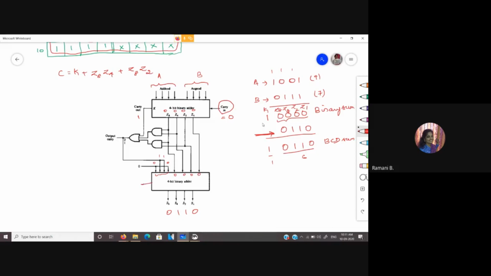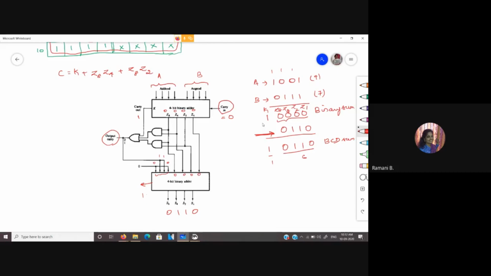So here the output carry, if you are taking it, that will also give you the same one, as that becomes a redundant one that is not shown explicitly in this. And if suppose this K value is equal to 0, irrespective of the value you get, the final output of this OR gate will be 0 actually.